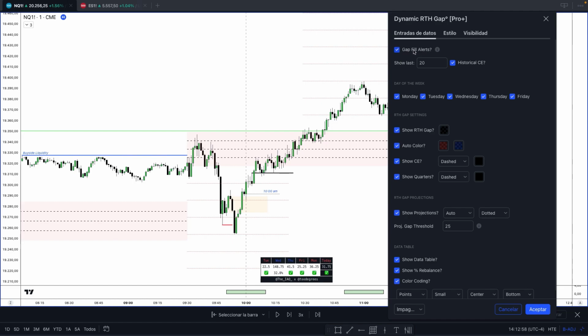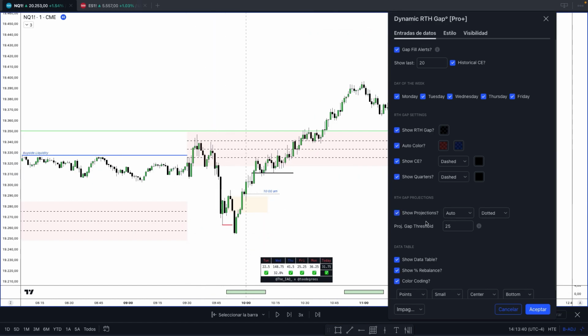We have gap fill alerts. When you have the gap fully closed, you can have alerts. You can use these for looking for SMTs on ES and Dow Jones. When you can anticipate when the gap has been fully closed, which day of the week you want to see in the chart and the table, the percentage of the size of the gap and the percentage of the gap. And you can change the color of the gap and as you want, show projections